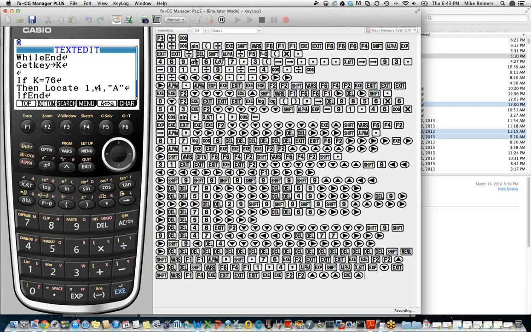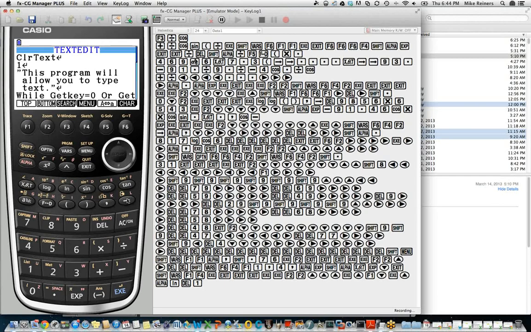And since we know that the first place that this locate command needs to fire is at row 4 in column 1, we're actually going to go to the top of our program, and right after clear text, we're going to define our variables. So we're going to define our starting column as column 1.